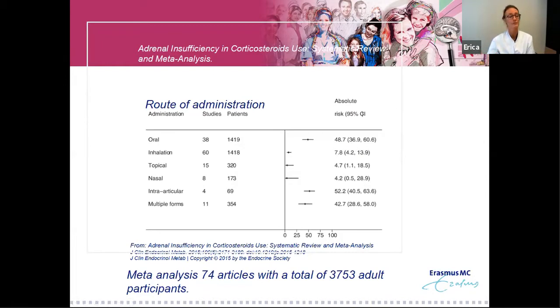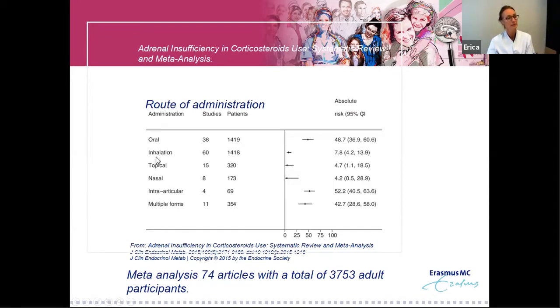We do not have a review like this in children. But what you see here is what we all know, is that when you give it systemically, orally, then the risk is quite high. In this case, almost half of the adults have suppressed adrenal glands. But what is sometimes less well known is that also the other routes of administration give a risk of adrenal